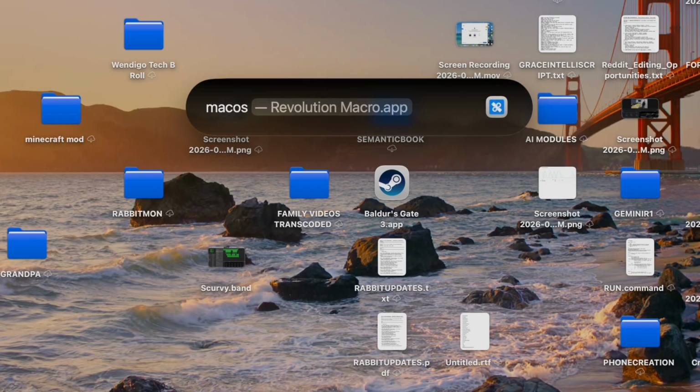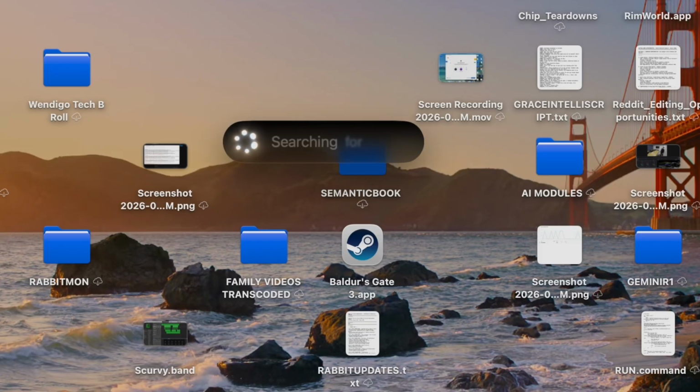But essentially, the reason Siri can so easily access all of your on-device information is because it's accessing it through the same portal that you access it through Spotlight, and Spotlight is now so much better. So let me try to find one of my research documents for this script. macOS 27 research document. So Spotlight can't find it.